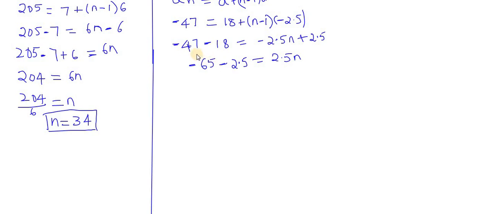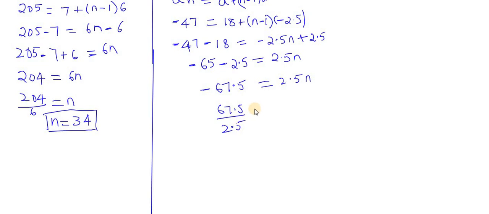So here minus 47 minus 18 is minus 65, and transpose plus 2.5 to the LHS. So you'll get minus 2.5, and this 65 is minus 67.5, which is equal to 2.5 n. So therefore 67.5 divided by 2.5